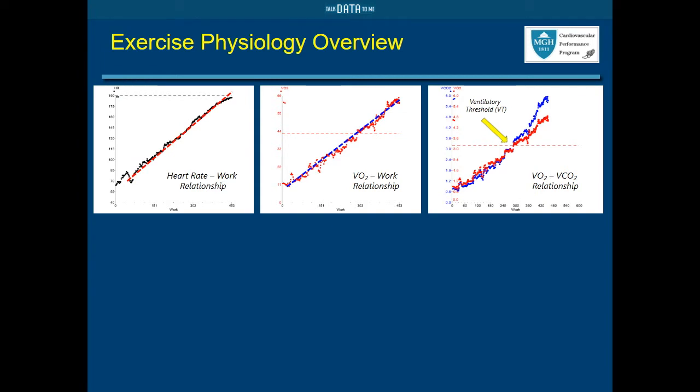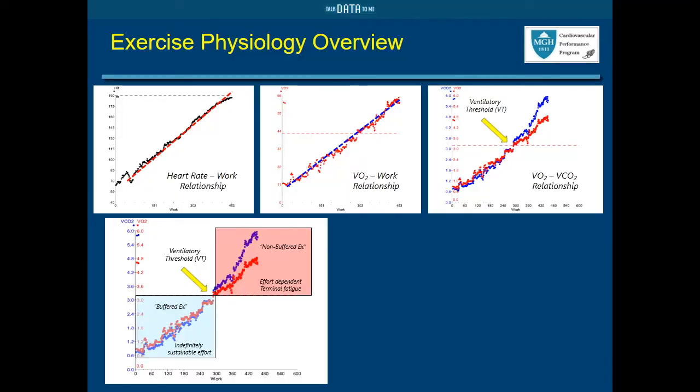And this is called the ventilatory threshold. The ventilatory threshold is the single most important measurement we make on elite level athletes, and it is that measurement which helps us take people over the plateau time and time again. So what is that really measuring? It's measuring the difference between buffered exercise and non-buffered exercise.